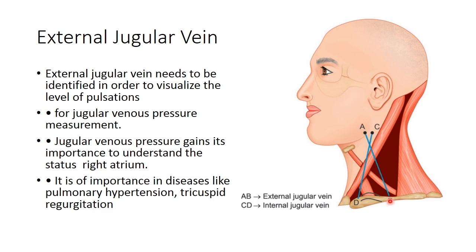For the external jugular vein, we can see point A and point B. Point A is at the angle of the mandible, right, and point B at the middle of the clavicle. We just join this line, and this is our external jugular vein. The external jugular vein is also very important. It needs to be identified in order to visualize the two levels of pulsation for jugular venous pressure management, and jugular venous pressure gains its importance in understanding the status of the